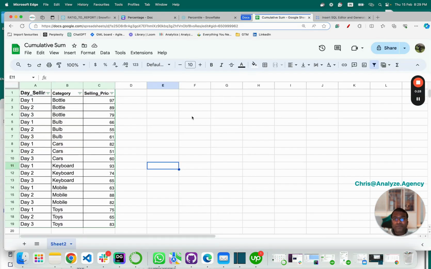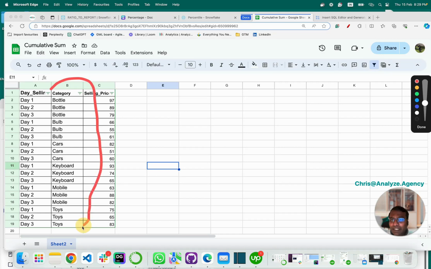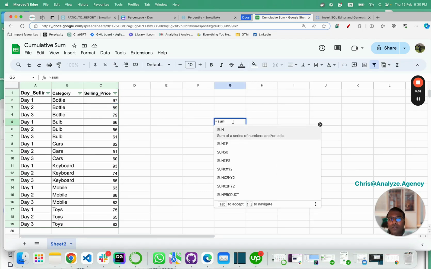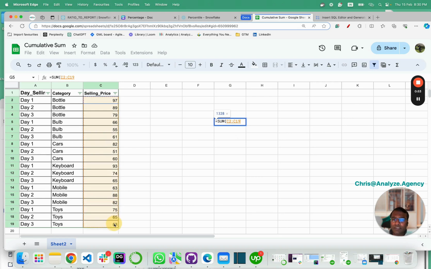Okay. So I have our category column here and I have our selling column here. So let's say I wanted to know the percentage of sales that came from bottle, bulb, car versus whole. This is what I would do. Okay. So first what I do is equal to sum the whole thing and hit enter, and it's 1 3. So I'd call this